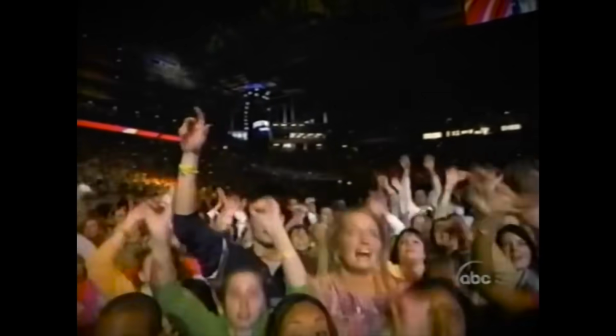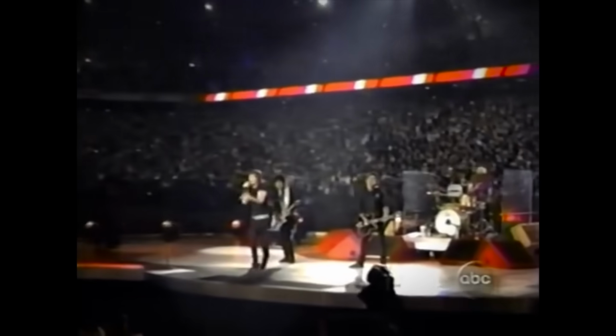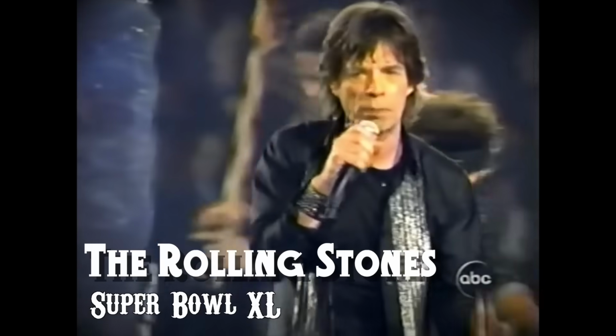2006 stayed the course for safer acts, with the Rolling Stones being chosen even though locals in Detroit were hoping to see any shred of influence from that area. Here's one we could have done at Super Bowl I, but